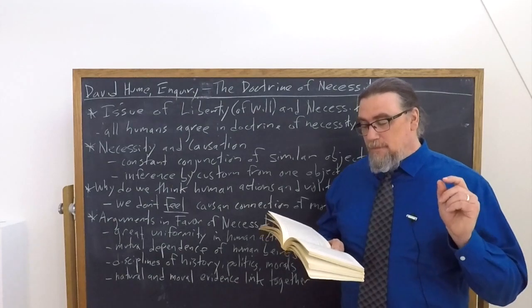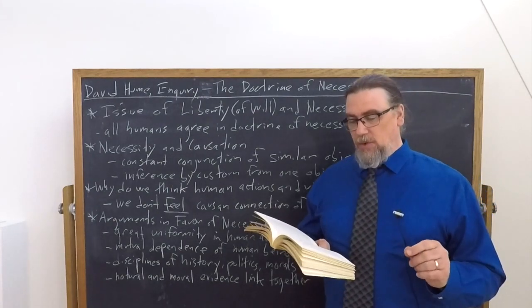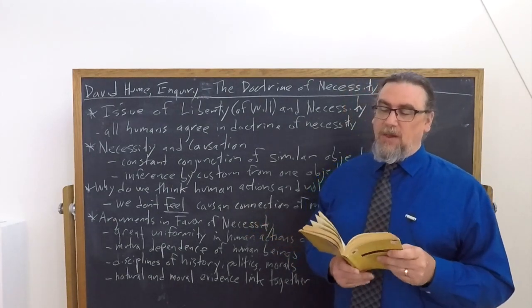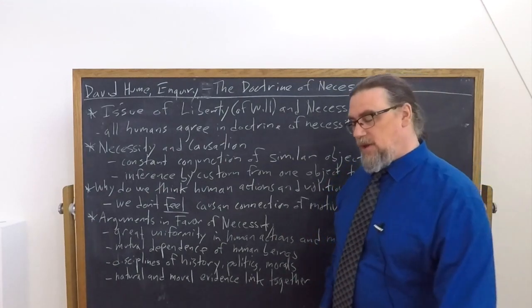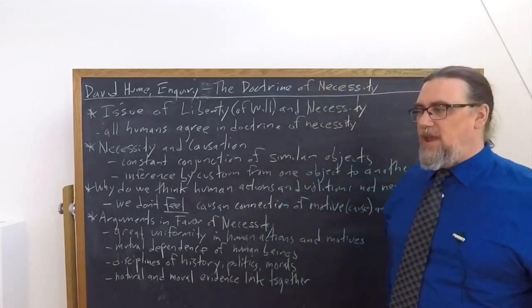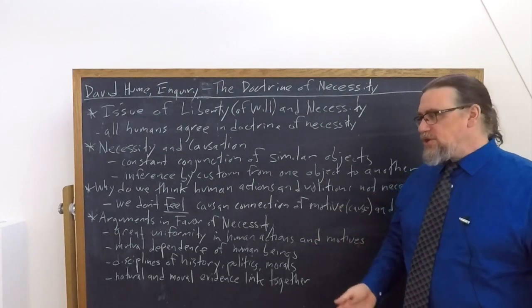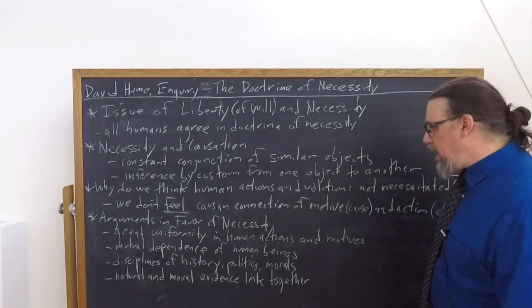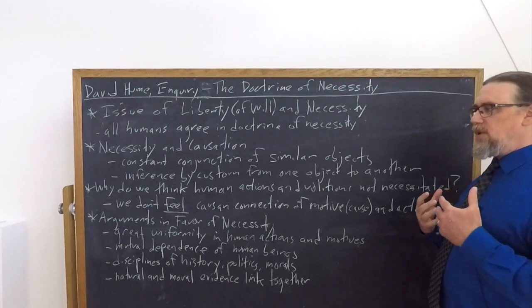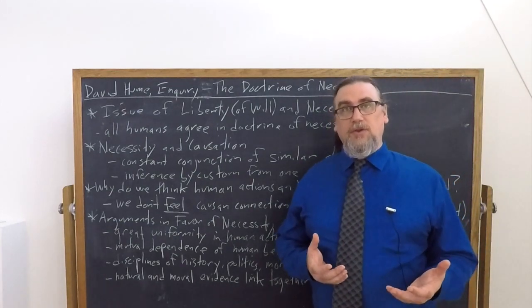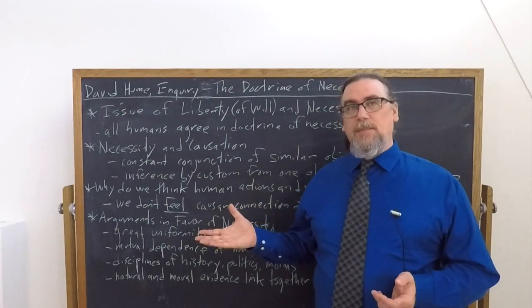The same motives always produce the same actions, the same events follow from the same causes. And we're not going to go into depth with his examples there. But this is a big assertion. There's this uniformity of human actions and motives. That means that we can actually predict what people are going to do based on what people have done in